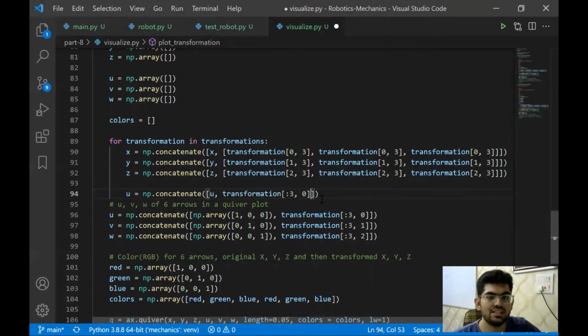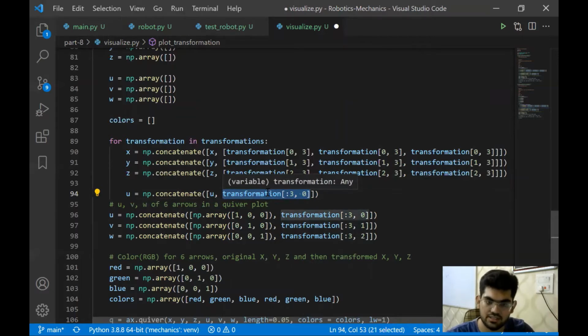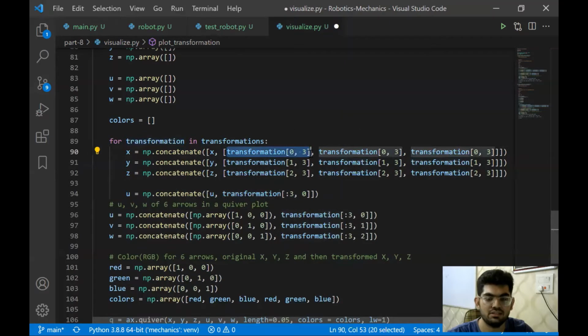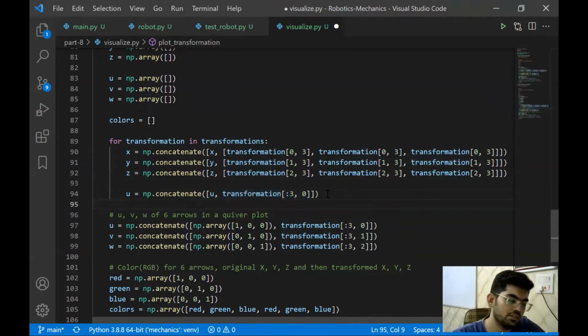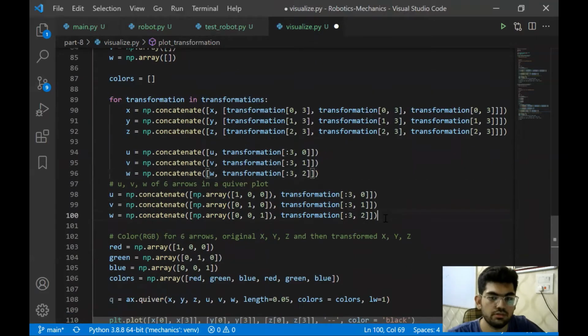This is going to be a single thing because it is a sublist, a list in itself, so it has 3 values in it. In the previous case we had a single value; that's why we had to copy it. But in this case, we are going to have 3 values coming in all together. That's why we don't require that copying over here. So let's do this for V and W as well. So we're done with U, V, and W.